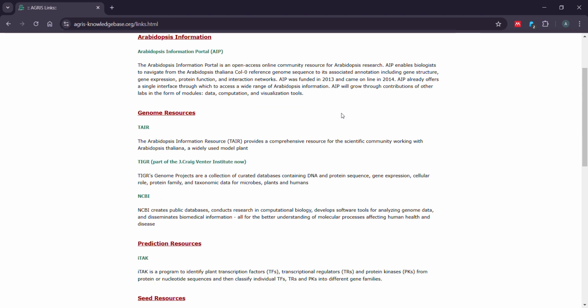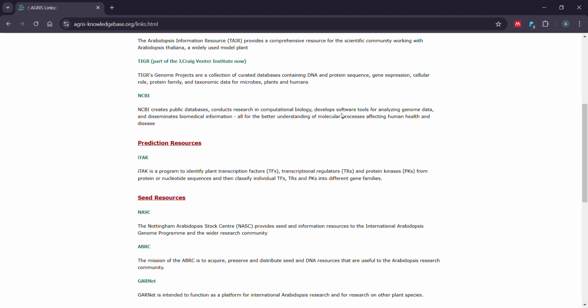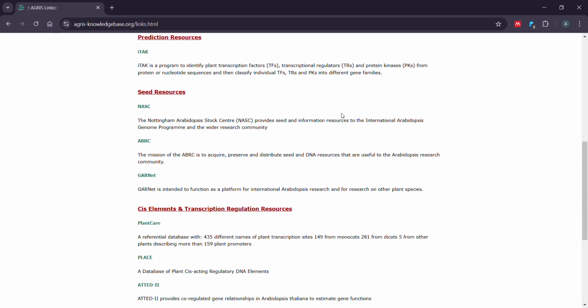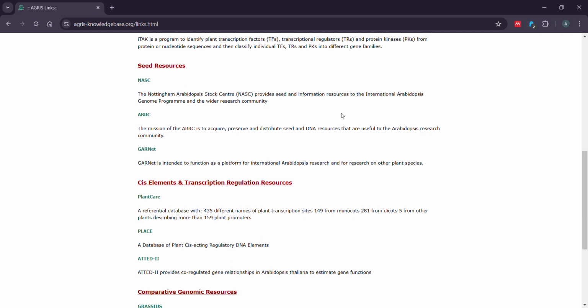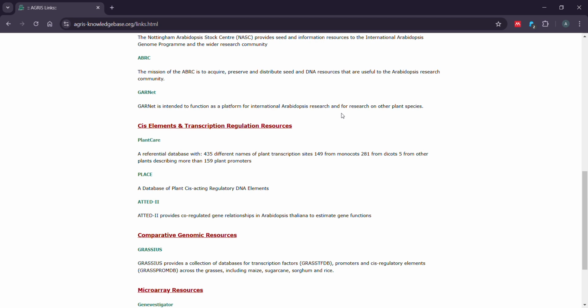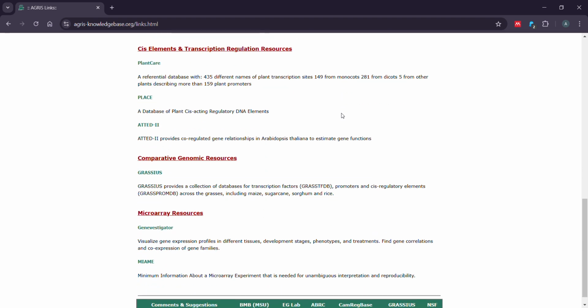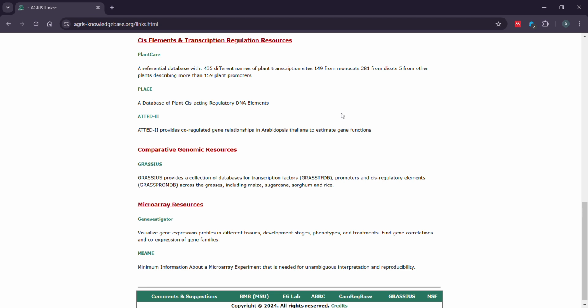Then we have NCBI, TIGR, we have prediction resources which can be used to identify plant transcription factors, transcription regulators, and protein kinases from a protein or a nucleotide sequence that we provide to it. Similarly, we have seed resources such as NASC, ARBC, GARNET. Then we have cis elements and transcription regulation resources that include PlantCARE, PLACE, ATTED2. Then we have comparative genomic resources,